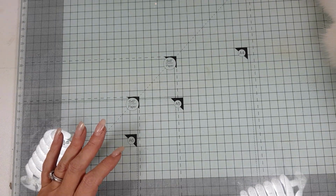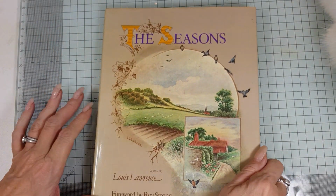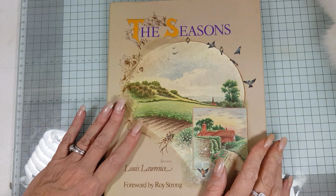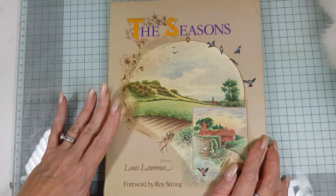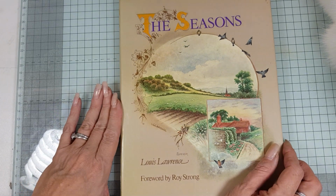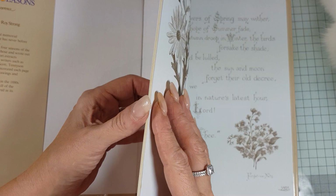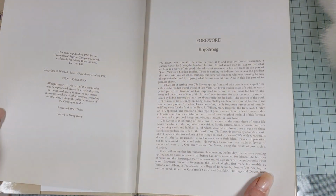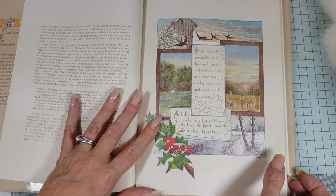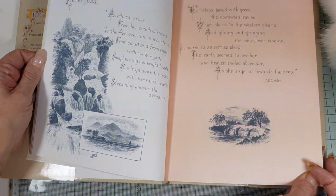Right. Now, the next book I have is called The Seasons. I actually have this book already, but my lady in my bookshop knows what I like and what books I tend to buy, and she put it aside for me. And this, again, isn't probably very old. Not really old, if you know what I mean. 1992. But it has these gorgeous